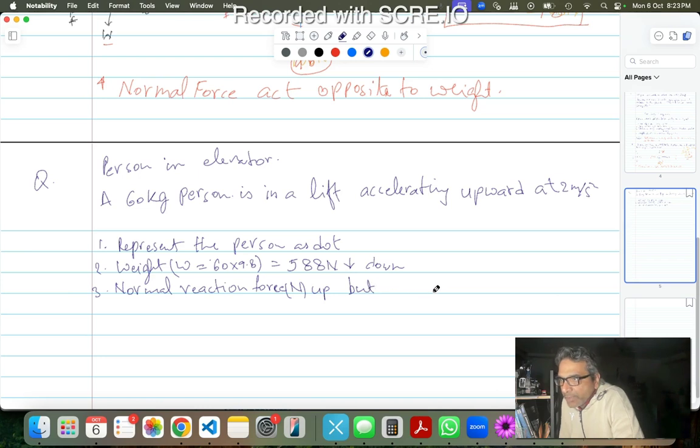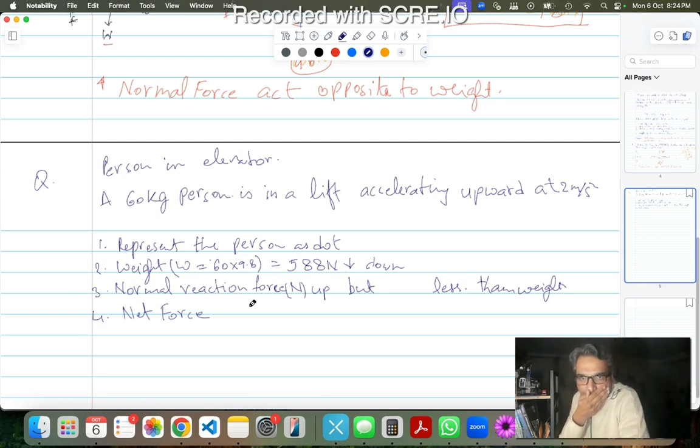I'm just putting it less for this one. Okay. Less than weight. Okay. Fourth one is net force. Net force will be